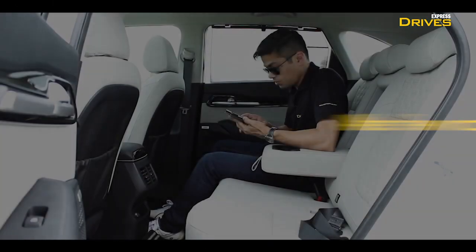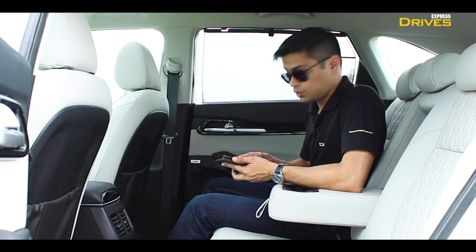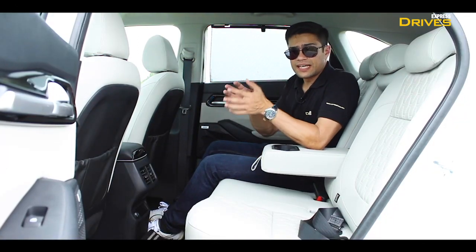In terms of vehicle management, you get vehicle health report, auto diagnostic alert, manual diagnostic alert, maintenance alert. That's a lot. So with all this said and done, there's one party piece still left, and that is what's